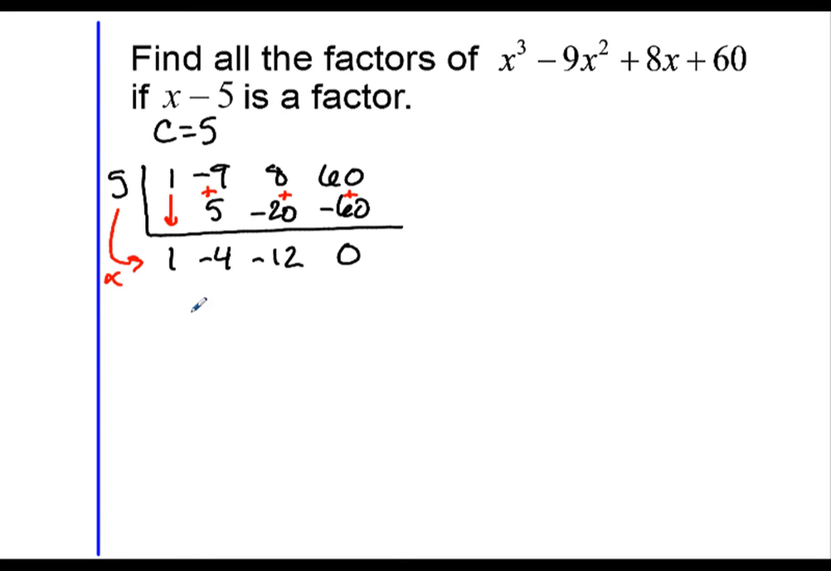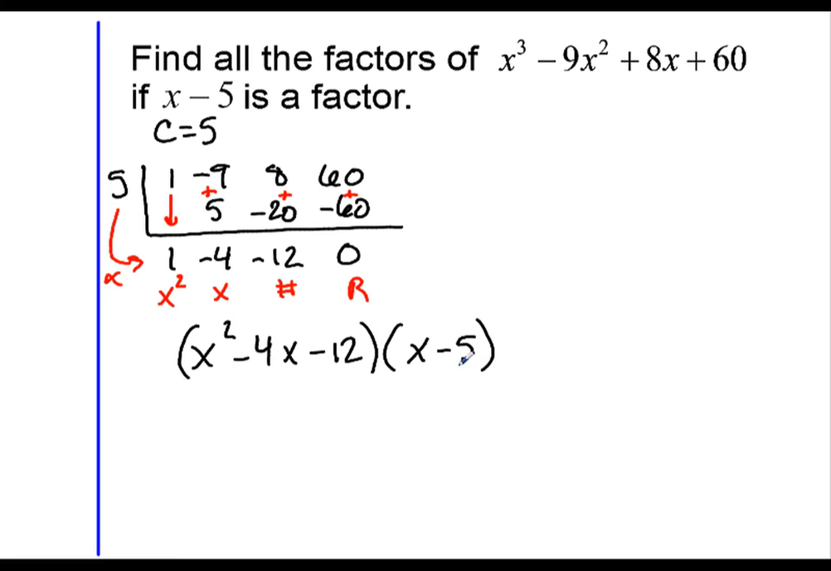Okay, let's write down what we have. We have ended up with no remainder at all. Negative 12 is just a number. Negative 4 goes in front of the x, and 1 is in front of the x squared. x squared minus 4x minus 12. Now, I am going to put this in parentheses, and I'm going to put it here in the following parentheses the factor that I know for certain, which is an x minus 5, the thing that I use to divide by. I'm taking a close look at x squared minus 4x minus 12,